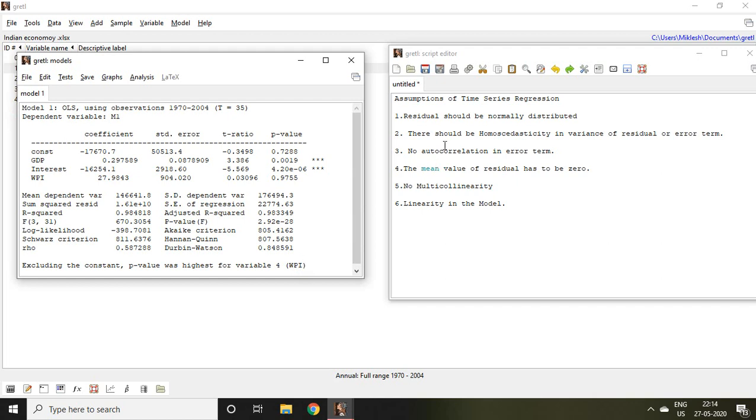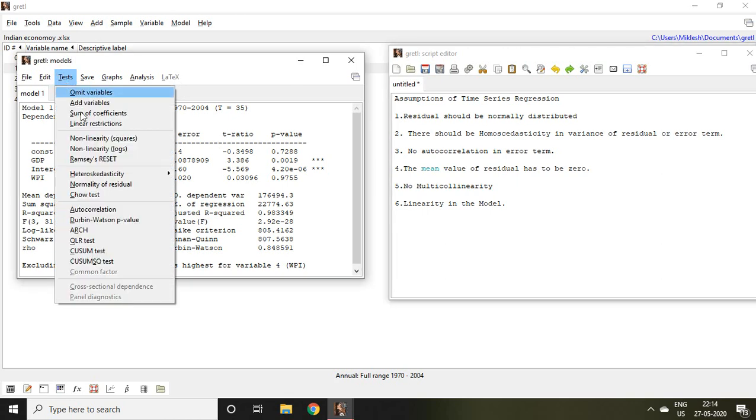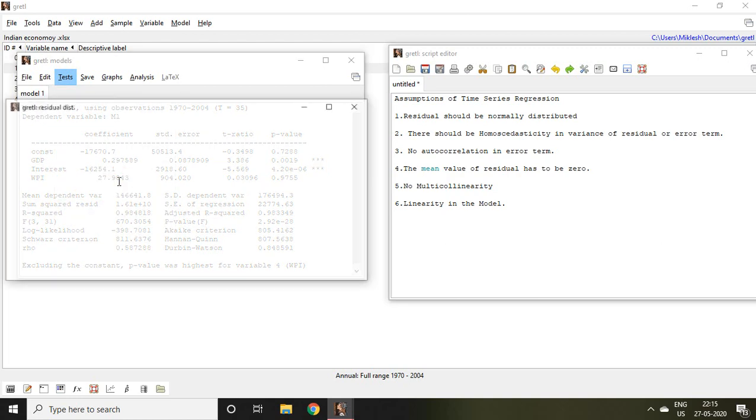Talking about assumptions, the first assumption is that residuals should be normally distributed. For that, I go to the regression outcome and click on Test. Then I select normality of residual.